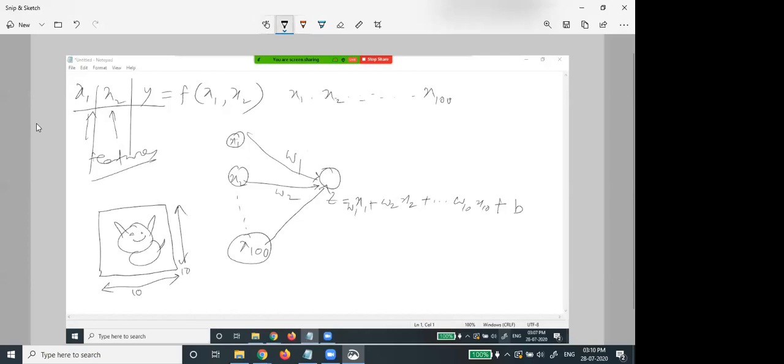So I have 1, 2, 3, 4, dot, dot, dot, the 10th pixel here, also 1, 2, 3, dot, dot, dot, 10th pixel. Every pixel is here x1, this one will be my x2, and this will be obviously x100. This way, we can represent the input layer.